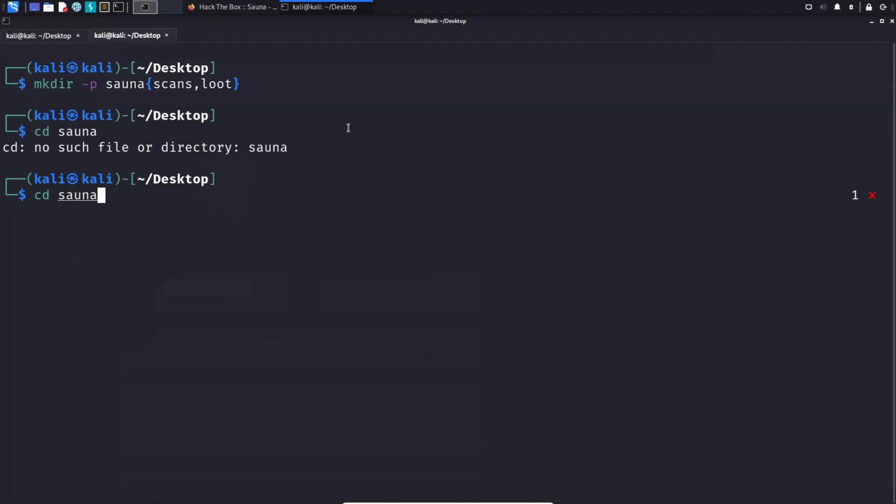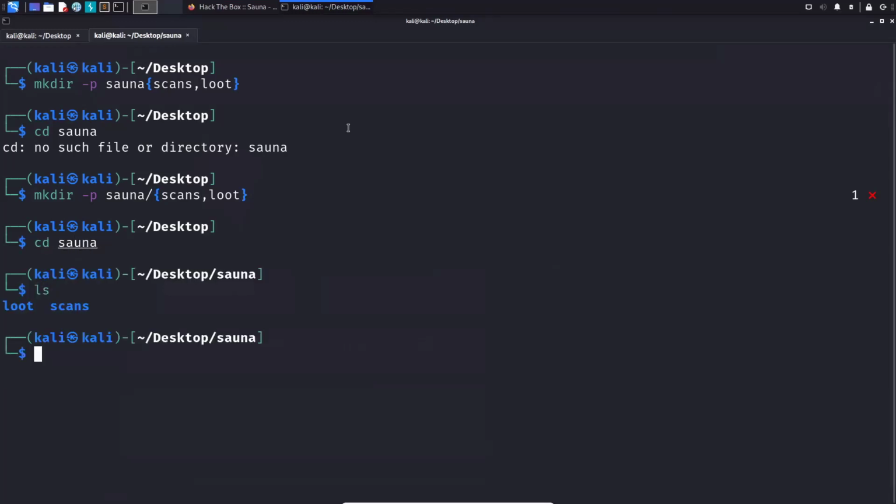At least I thought, mkdir Sana on the desktop. Yes, that was almost correct. I forgot the /. Now it works. Cool. And the first thing we are going to do, as we almost always do with every machine,